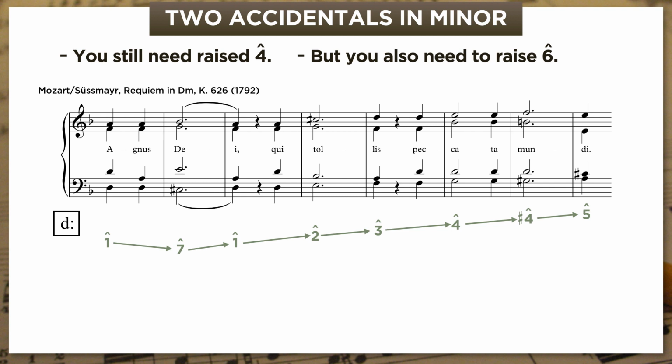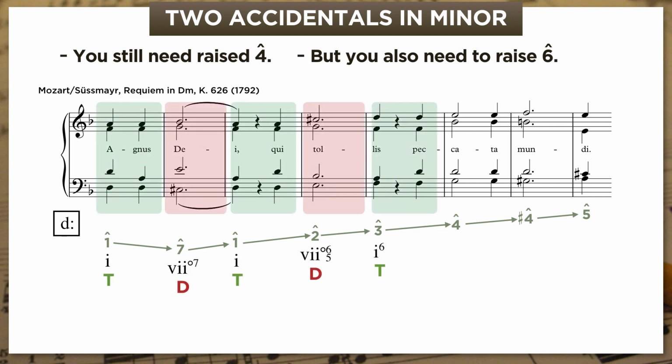So you can make an educated guess about the functions here. As usual, we alternate tonic and dominant functions until we get to scale degree 3 in the bass. And then scale degree 4 rises chromatically to 5 with a diatonic predominant, an applied chord, and then finally 5 at the half cadence. But look at that applied chord. It's 7 diminished 7 of 5, or G sharp diminished 7. To spell that chord right, we need to raise the diatonic B flat to B natural, or we'd get that